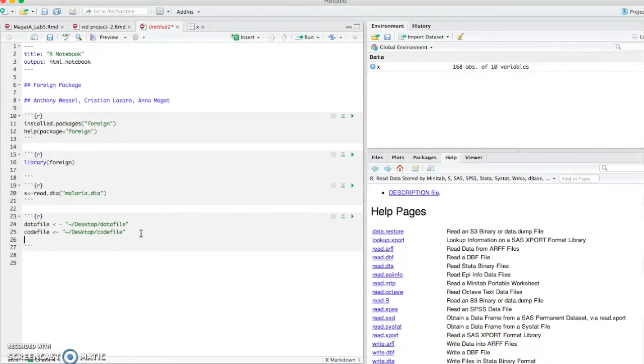Lastly, all we need to do is to use the write.foreign function. The first argument in this function is the name of the data frame in R that we want to convert. In this data set, we're going to be using the cars data frame. The second and third arguments are the data file and code file variables. The last argument that you need to include is what package you would like to convert that data set to. Here, we're going to be converting into SAS. If we run this,